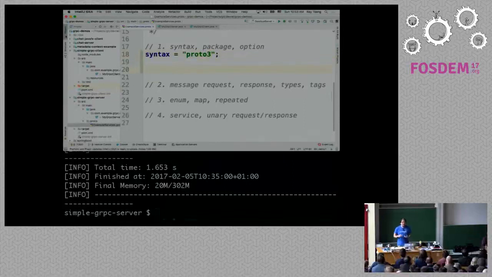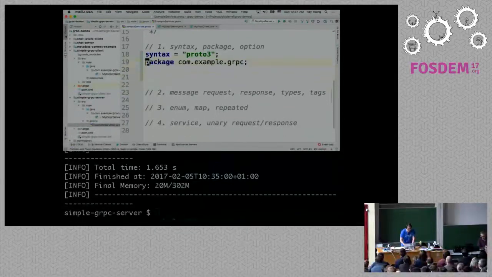Okay. Now I see a lot of hands who are Java developers. It's okay if you're not, because hopefully the sample will make a lot of sense. This IDL is universal for all languages, right? And just like in Java or in many other languages, we have the concept of a package or a namespace. So I can say, let me put it under this package, so all the payload and all the services are going to be generated under this package.